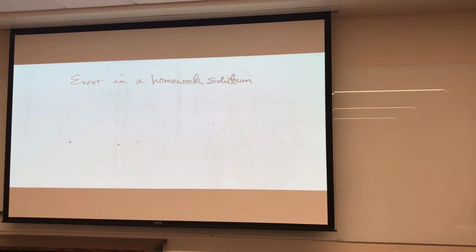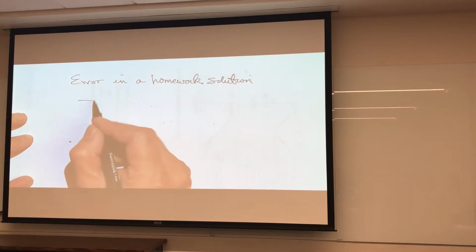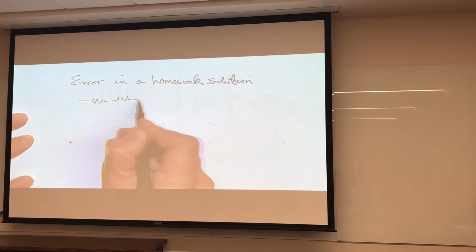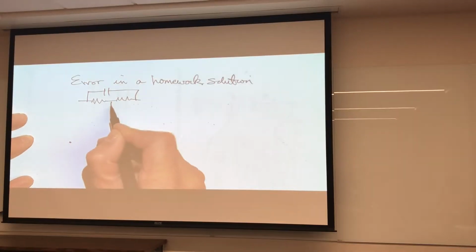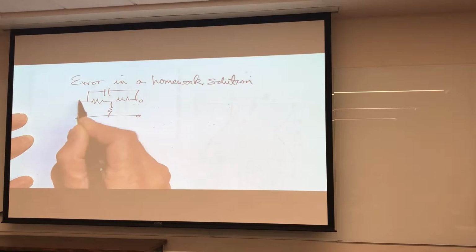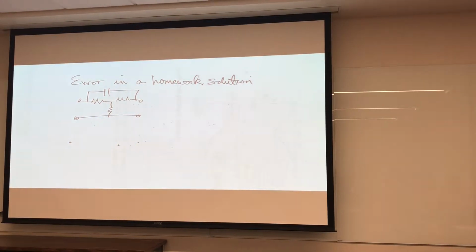I don't remember the exact circuit. I think it was some sort of a T network. I'm going to draw something like this. The details kind of escape me. I think it was something like this, and you had to find something. And I had sketched out a